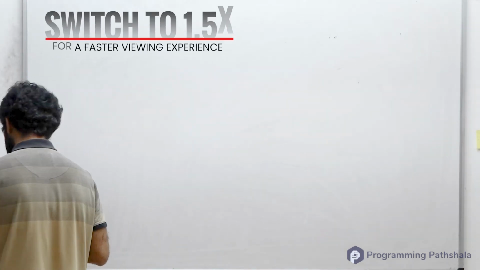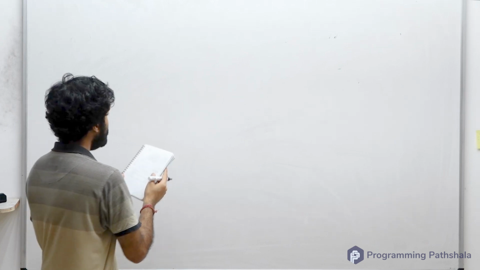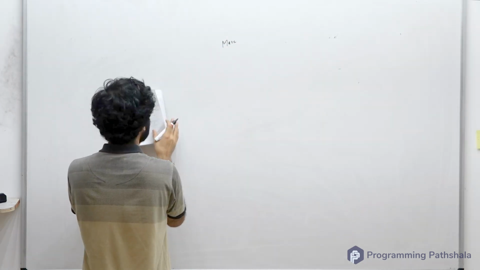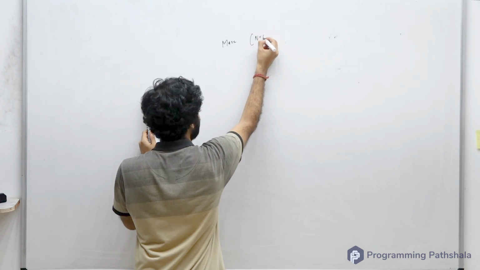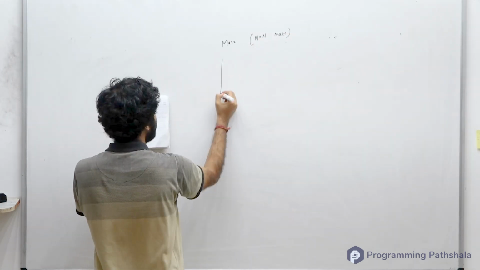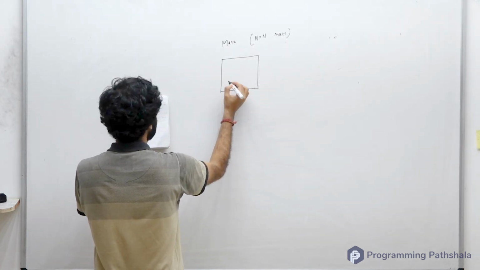So let's take another problem. This is a very classical problem. There will be a maze which is given to you, and let's say it is an n cross n maze. I'm just trying to give an example. Let's say this is the maze which is given to us, and this is a